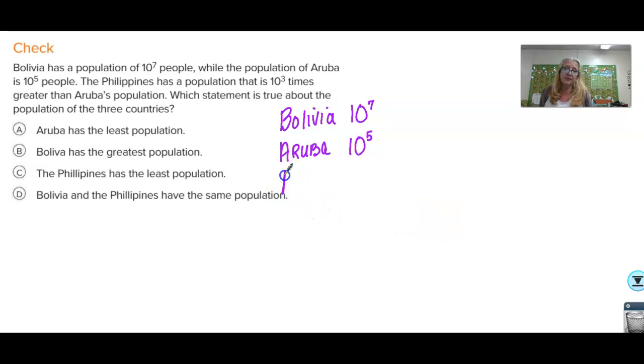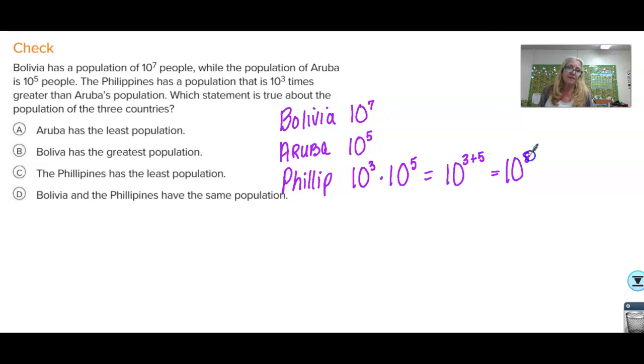So the Philippines, abbreviated Philip, is 10 to the 3rd times greater than Aruba, which was 10 to the 5th. Okay, so this is going to be 10 to the 3 plus 5, product of powers property,